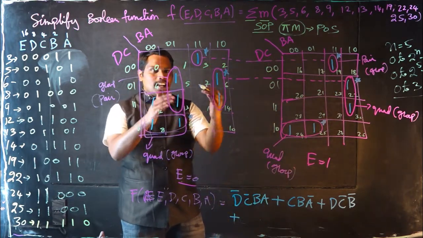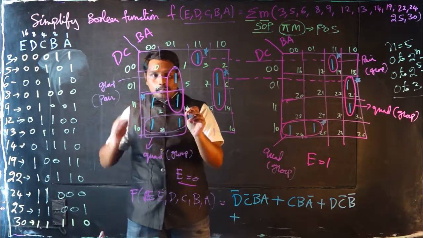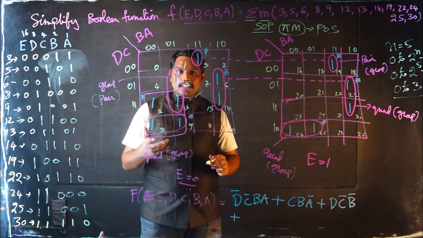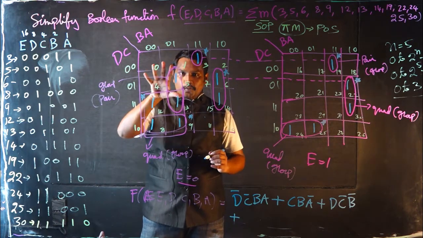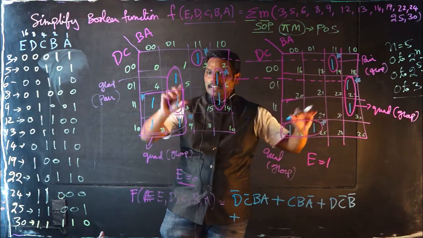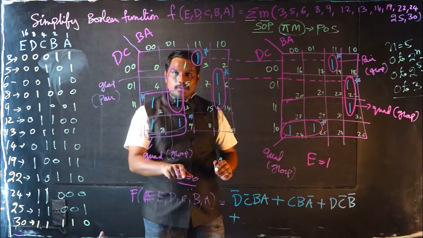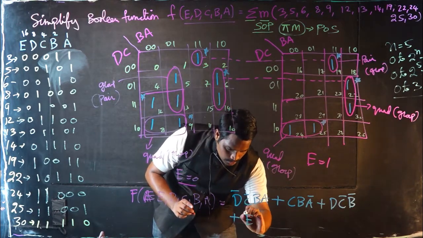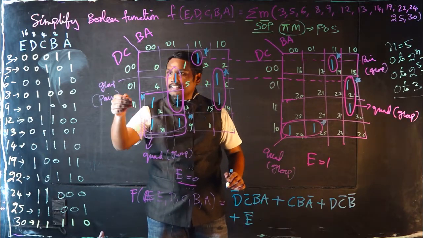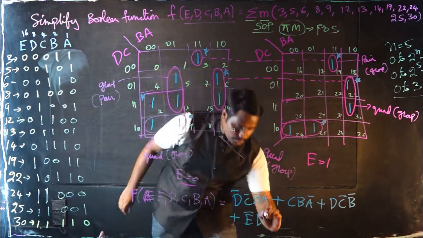Now in this particular Karnaugh map, you are going to have one particular quad here, which is a group, and then this is another group, right? So for these 2 groups, E is equal to 0 has to be included, because you are taking only the group of ones from this particular Karnaugh map, you are excluding this Karnaugh map, because all the commonalities are completed. Now for this particular Karnaugh map, you are going to extract this particular quad. In this quad, you are going to see E is equal to 0, which means E bar. So E bar, because E is equal to 0, and then this quad is having, here the commonality is D, and then here the commonality is B bar.